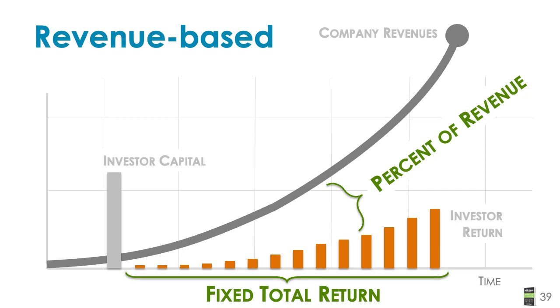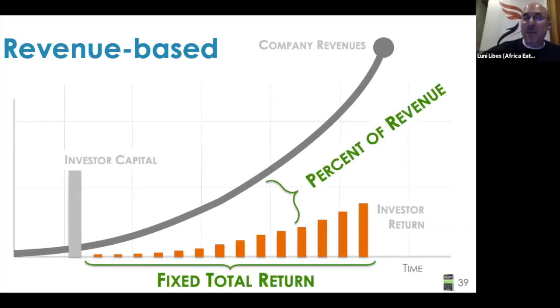Sometimes in the world, I'm from Seattle, here we call it revenue-based finance. Other places in the world call it other things. And so we're asking them to pay us a percentage of their revenues. So we know they can pay it because they earned it. This is earned money, not grants, not investment money, money from customers, real revenues. And we're going to ask them to pay us not for a specific amount of time. We're going to ask them to pay us for a certain amount of money.